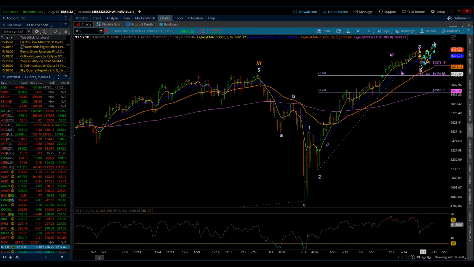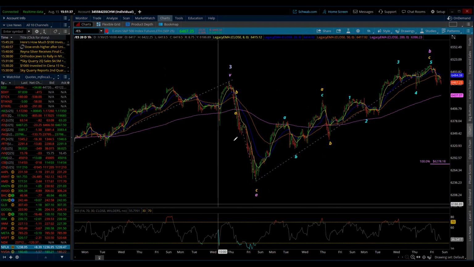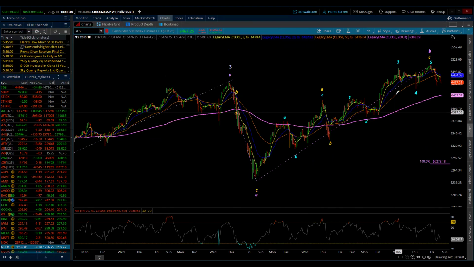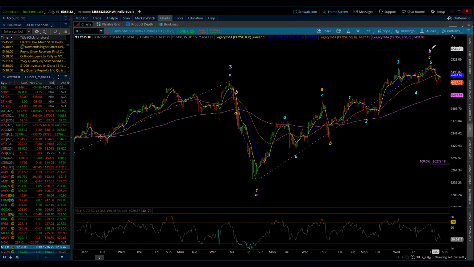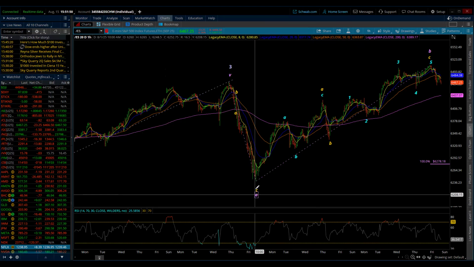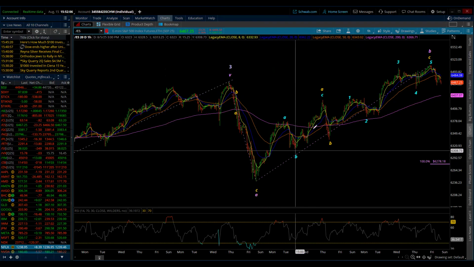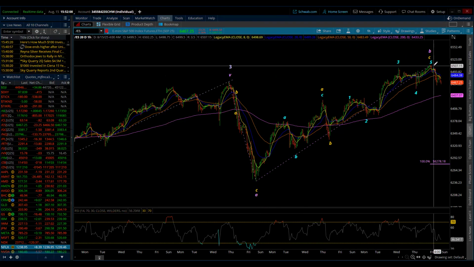And then we have an ABC down for wave A of minute wave 4. And then we have this rally back up. Now, another alternate that would go with both of our markets right now, and I've discussed it before, is that minute wave 4 could be complete right here. And what that now suggests is that we're already in minute wave 5